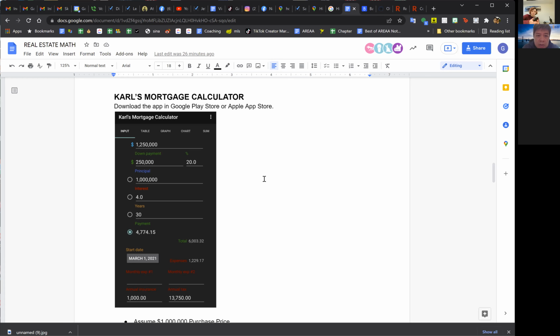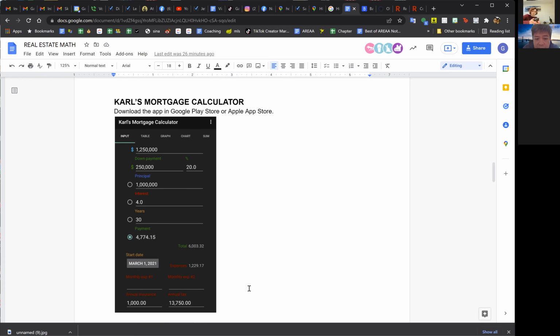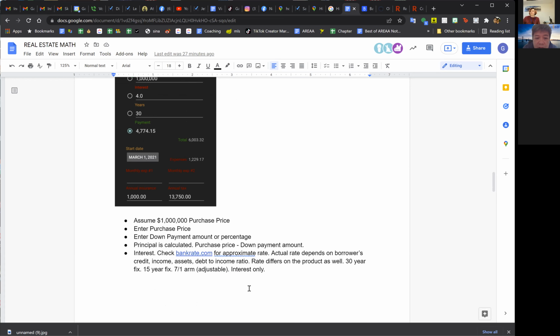Okay. So Carl's Mortgage Calculator is very important because this actually will show you how the numbers work. I know you're not a lender, and this will be for discussion only, or education only. So sometimes when you're on the phone and you have a buyer, they're saying, I only want to spend 200,000 on a property. You know that they have not talked to a lender before. So you want to have them talk to a lender. Okay. So you want to ask them to talk to the lender to figure out what they are potentially qualified for. So some questions you can ask are,